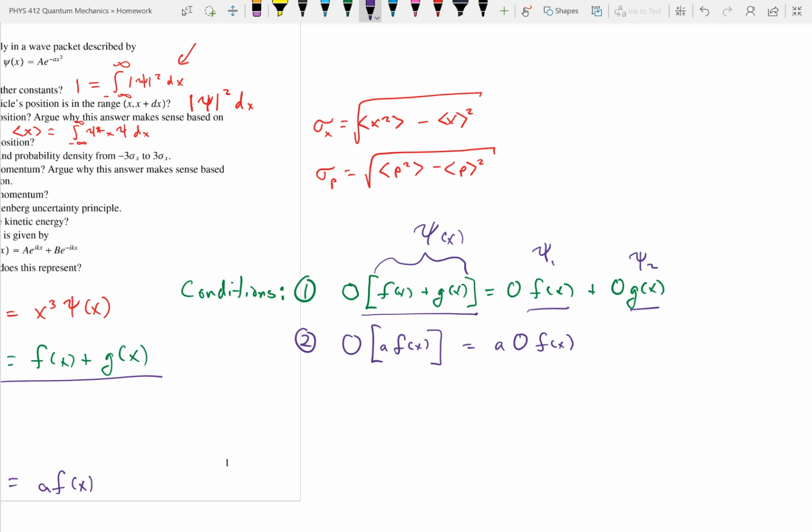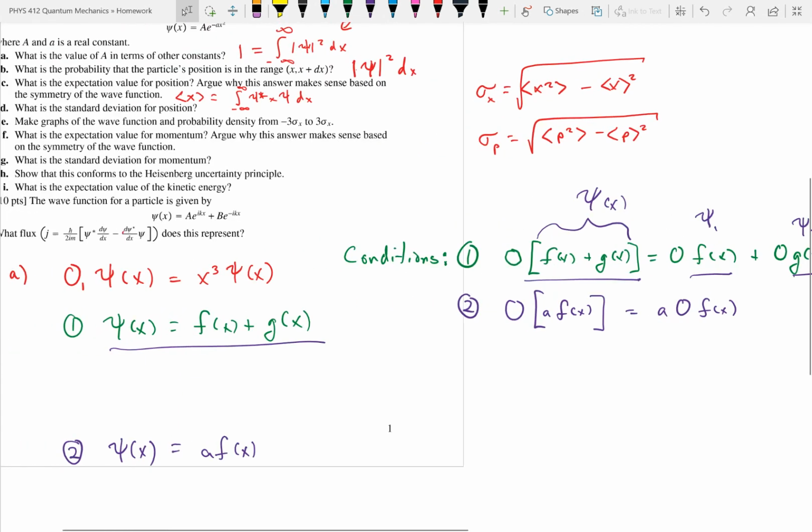But they're still psi from that relationship. So when we apply the rule, I'll go ahead and do the first one just to make sure we're clear. I'm going to take the left-hand side and say operator 1 acting on this psi is going to be